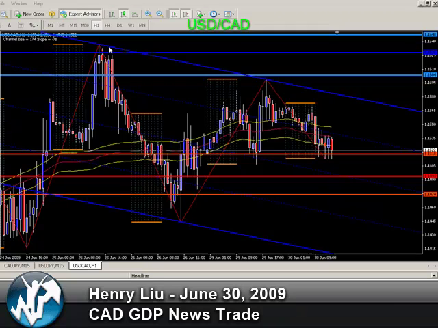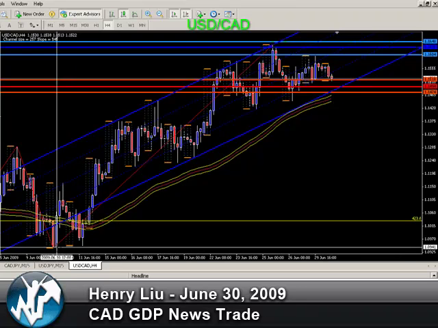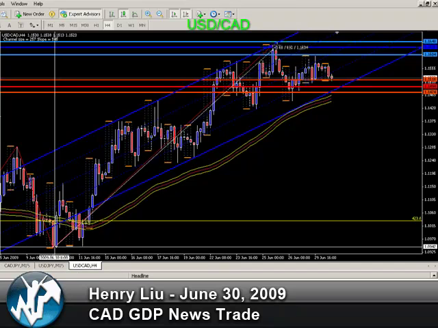We're looking at the dollar CAD pair today, since we're going to get the monthly GDP figure out of Canada at about 8:30 a.m., roughly 30 minutes from now. If we take a look at the 4-hour chart for the dollar CAD, the Canadian dollar has been on a weakening trend against the dollar. It has been losing strength since the 10th of June, and it has lost as much as 700 pips, hitting as high as